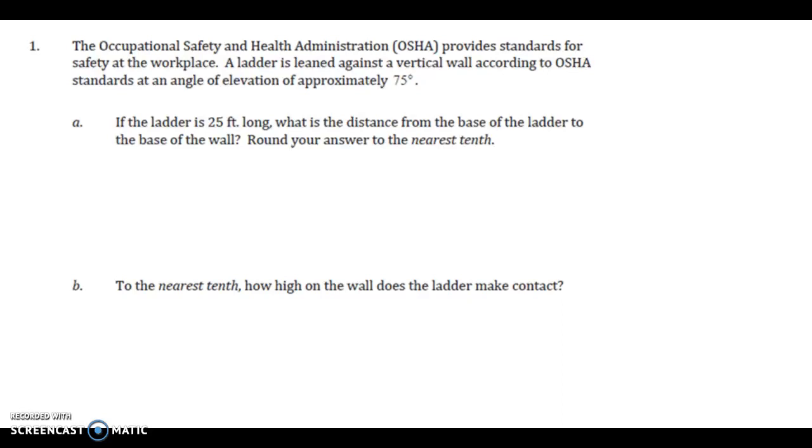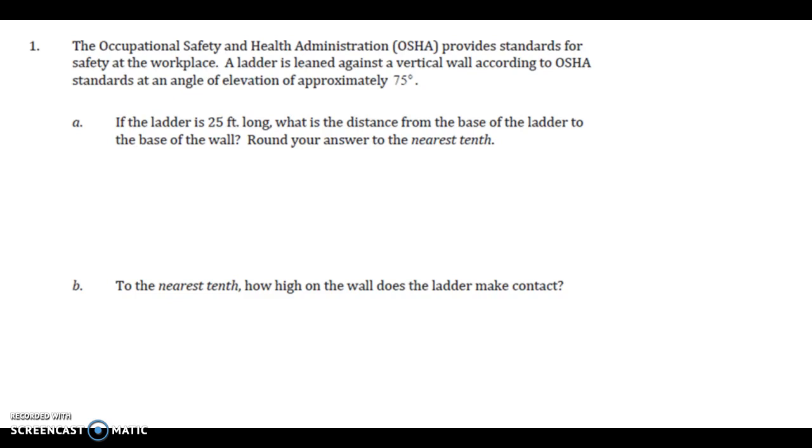All right, Unit 6, Lesson 4, number 1 says the Occupational Safety and Health Administration, or OSHA, provides standards for safety in the workplace. A ladder is leaned against a vertical wall according to OSHA standards at an angle of elevation of approximately 75 degrees. If the ladder is 25 feet long, what's the distance from the base of the ladder to the base of